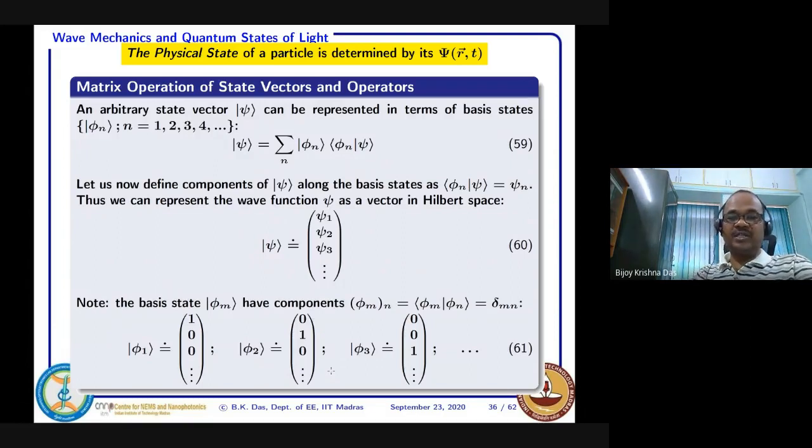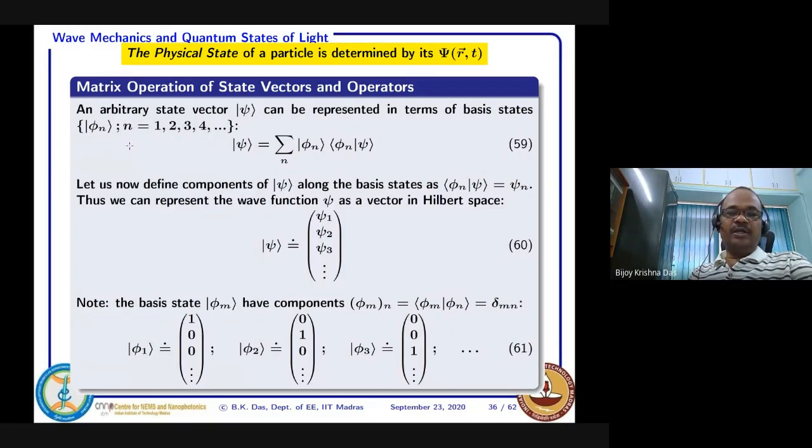So more precisely, let us try to understand how you decide your basis vectors, and depending on the basis vectors, how you can define your state vector psi. Ket psi is the state vector given to you, whatever the calculation, maybe it is x dependent, r dependent, or time dependent distribution, you are just summarizing it with ket psi. And you want to represent this psi for given basis states.